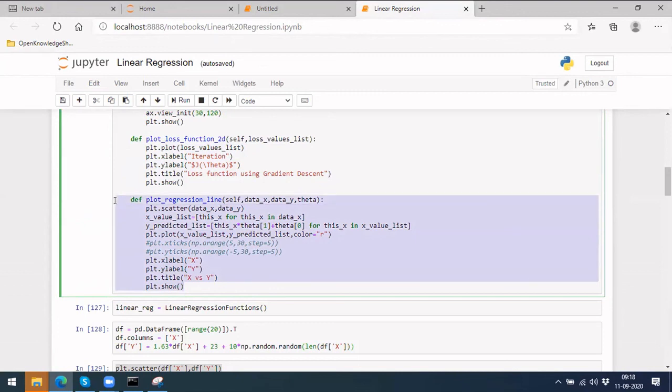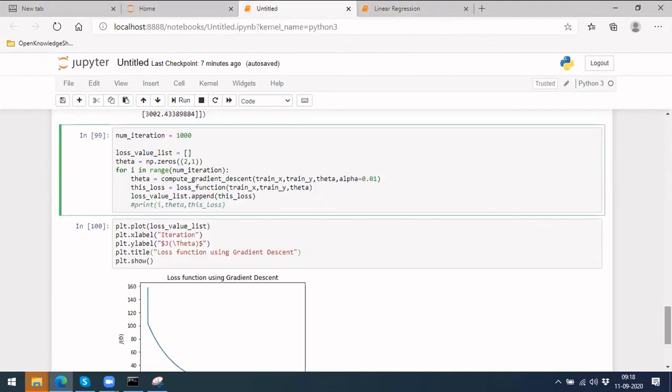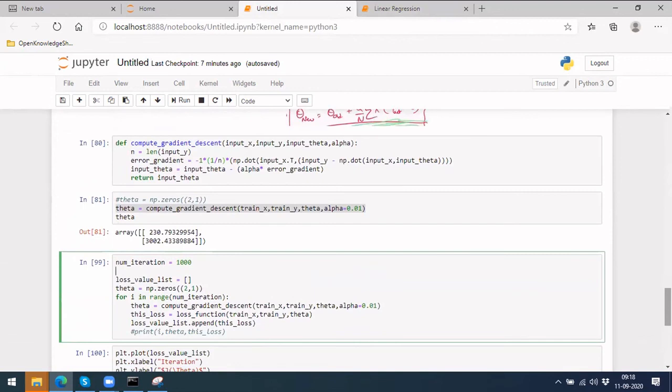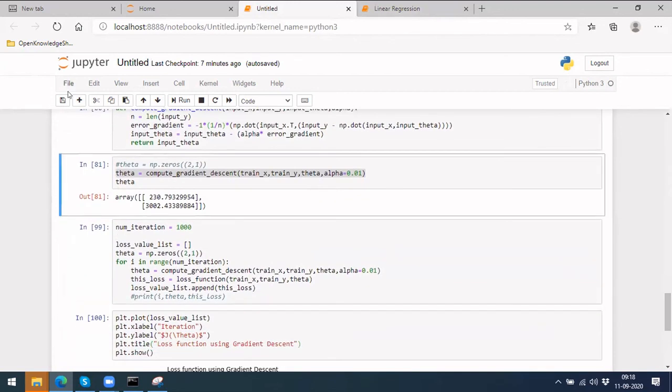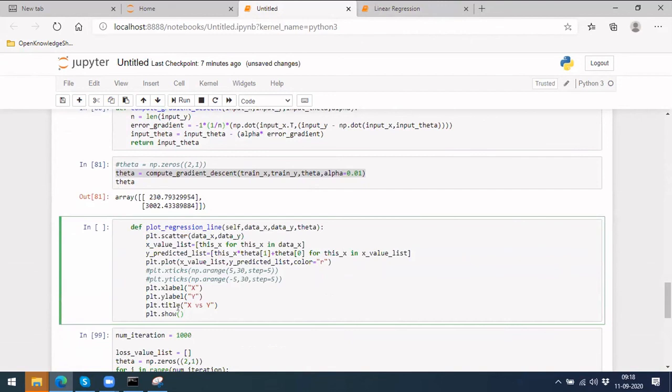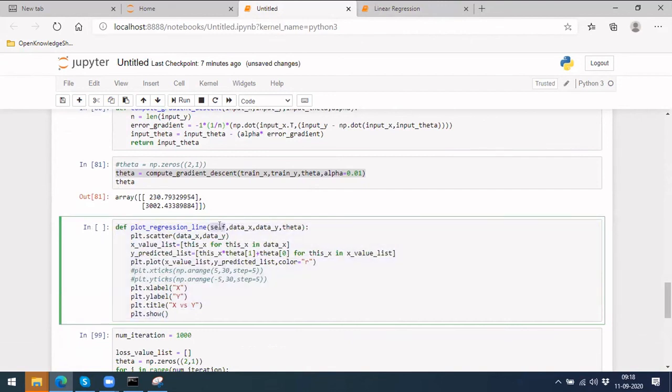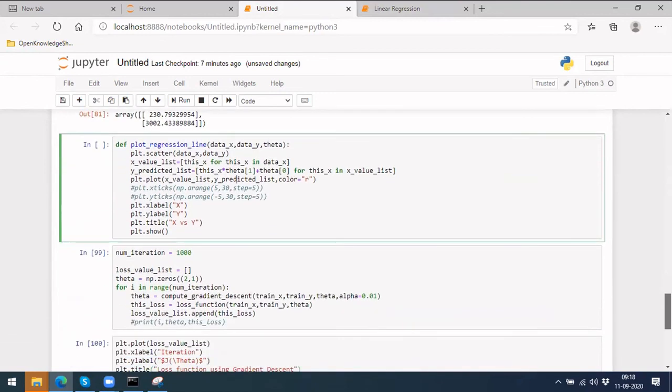Let's define it as a function, where we are trying to plot the data. Here we wrote it as input data, so that's okay. And for theta, let's make it input theta so that there won't be any issue.